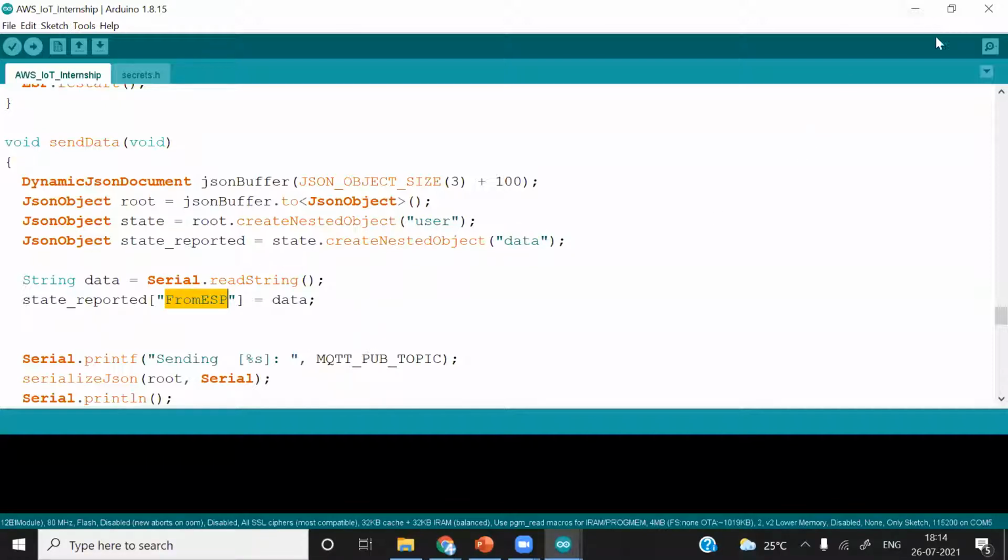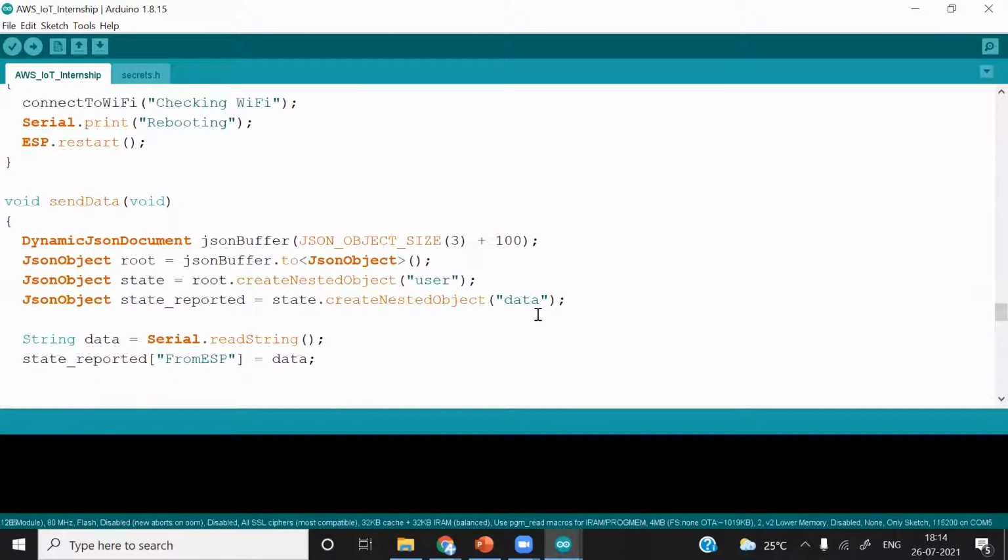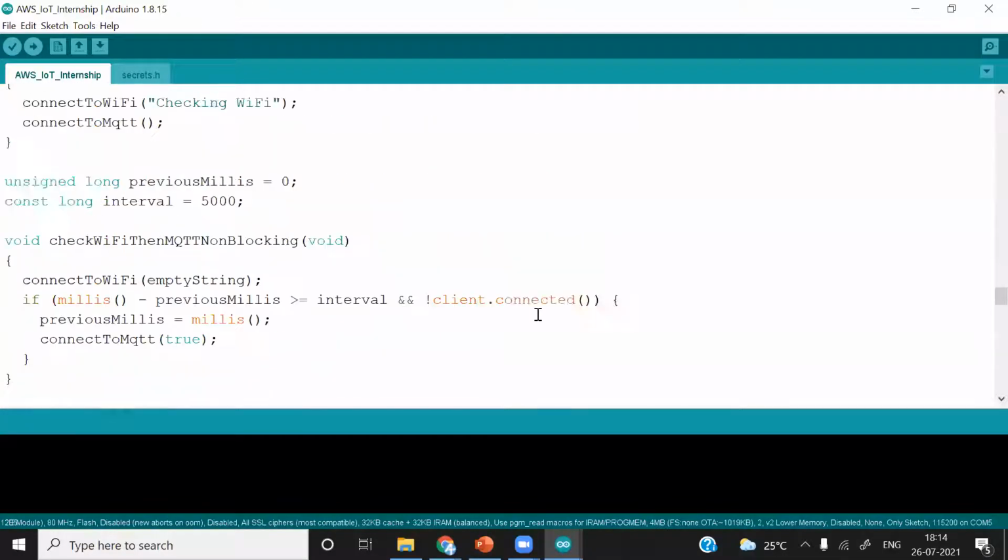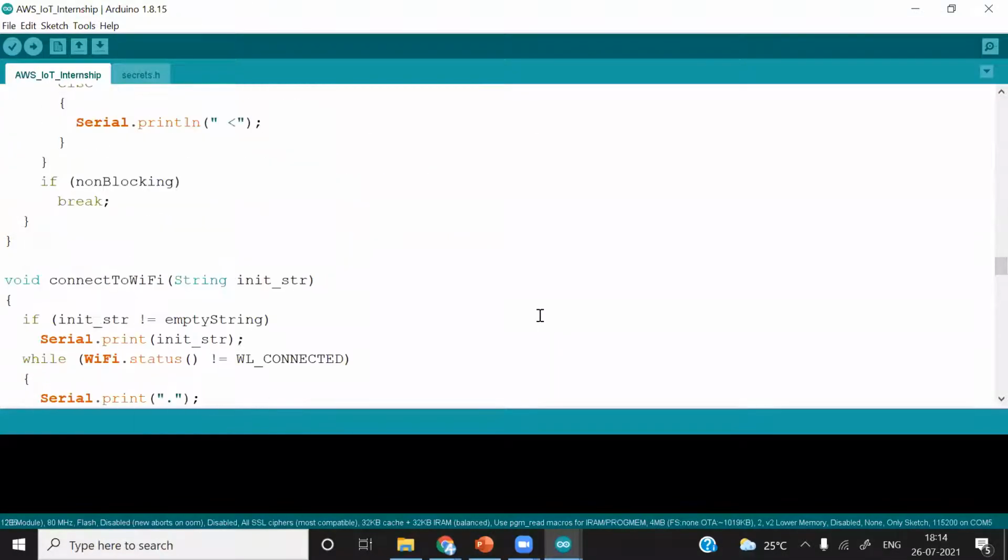So whenever we send data, we will be able to observe whatever data we are sending. Then we will understand what this means, how we have created the documentation and how we can represent it practically. We will understand that in the serial monitor. We are printing it, you can see here. After this, we'll understand the receive code first.